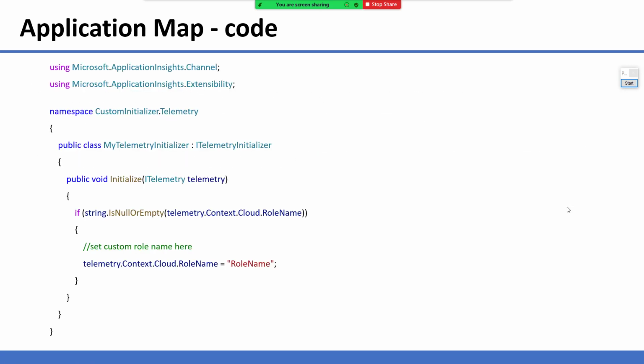Okay, so now the question is how you will do the mapping, etc. This is something related to coding practice. If you are planning to use Application Insights for your web and worker role, then you have to define the role name also, so that you can easily identify that this particular role is causing some problem. And here you can see the custom code to send your data to the telemetry.